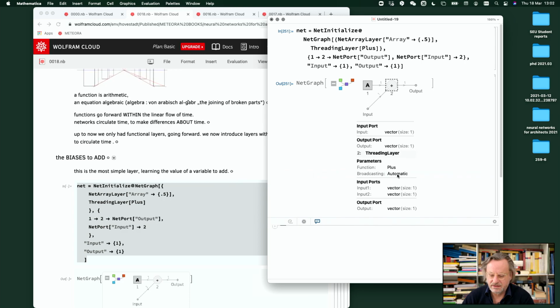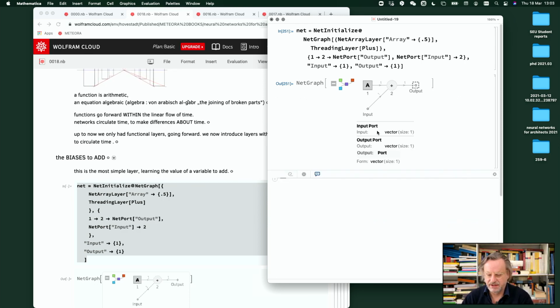So we have here a threading layer. We just add input 1 and input 2. There are two input ports to this. We need 2, and they are of size 1 and of size 1. And we simply make a pairwise plus to these numbers, and put that to our output, which is the input here, and then input is inherited from here, and it puts it to the output, which is our specification here. I think we can leave that because this can be automatic, but this is a specification of the input. So what we have here is something internal, and that's a value,